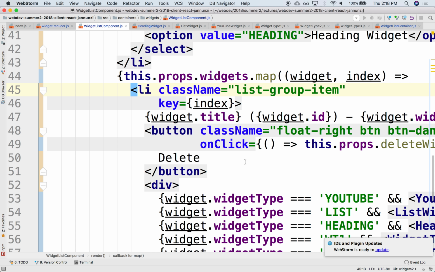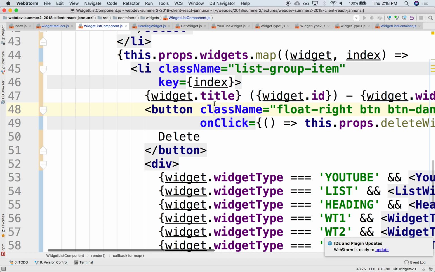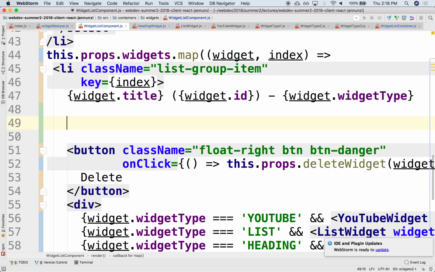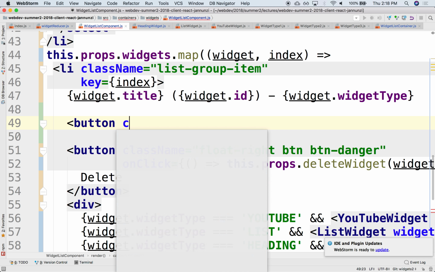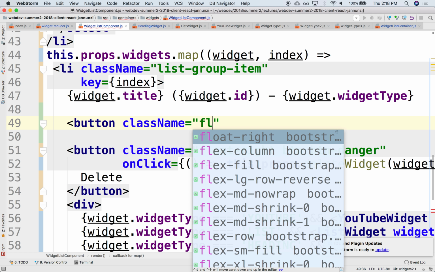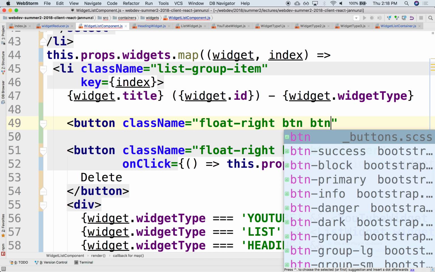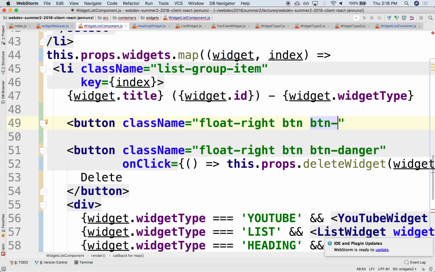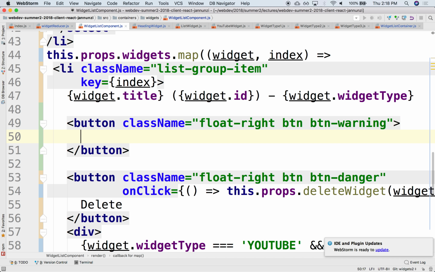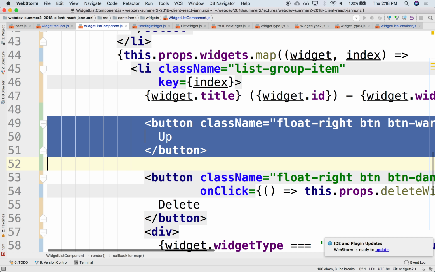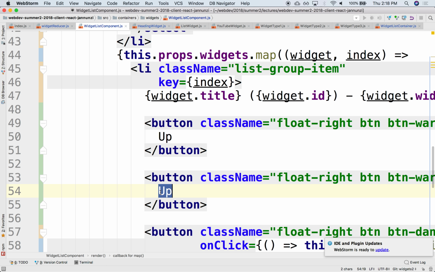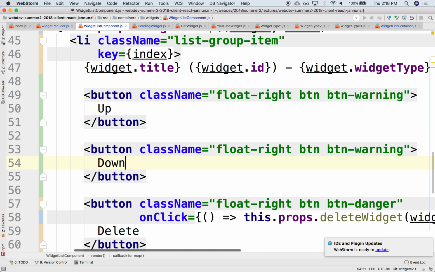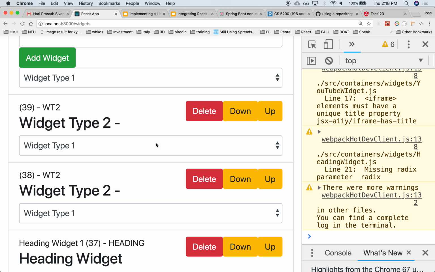Yes, and we already have buttons to delete, to remove a particular widget. Let's add a couple more buttons here. Button, className float right. Button, and this will be, what is it, warning? I forget what color is warning. Up, and then down. There we go. So we have up and down, and what we want to do is that if we click